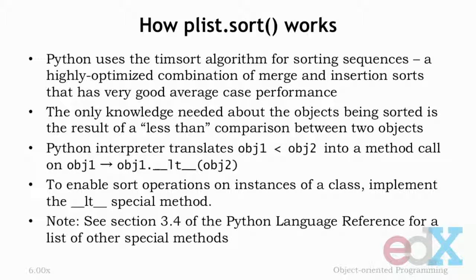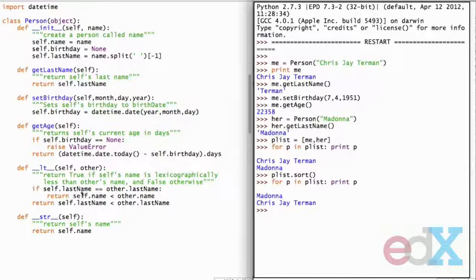So if you want to know what all the special methods are that you can implement and sort of tap into all sorts of great behavior that Python has built in, look at section 3.4 of the Python language reference manual. So if we go back and look at the code, we can see that we have in fact defined